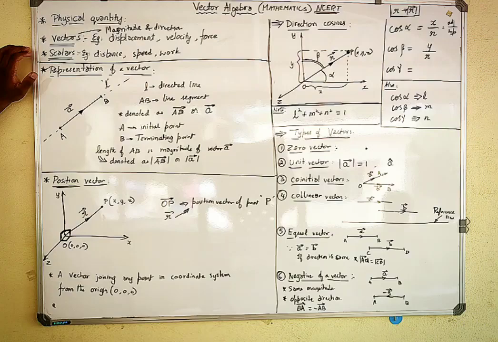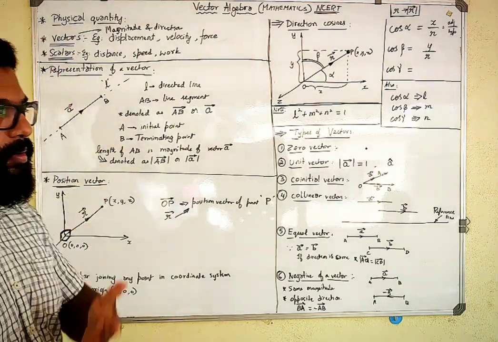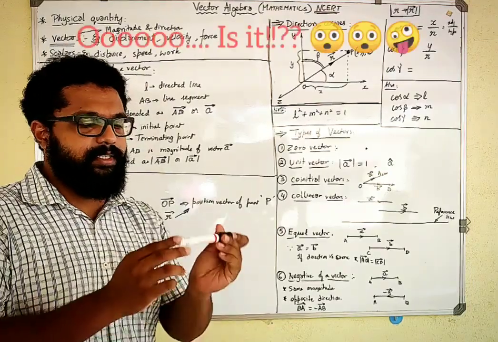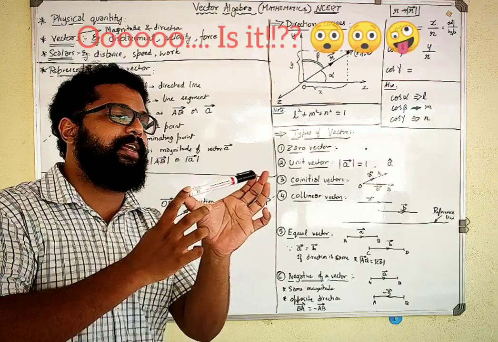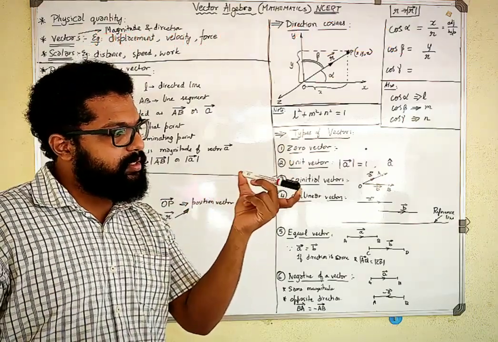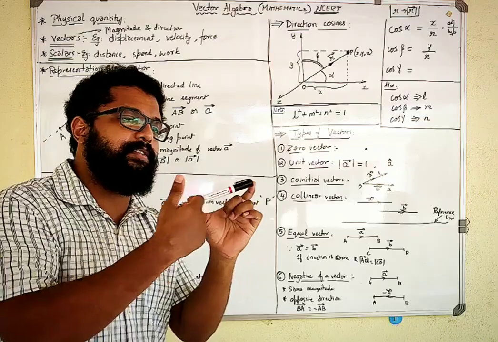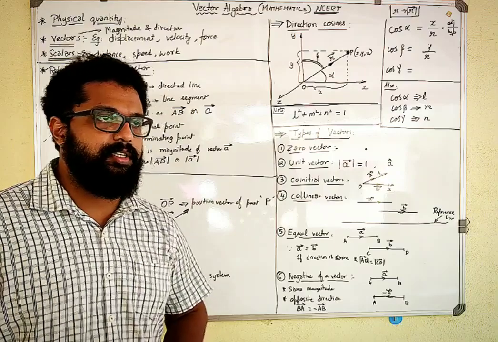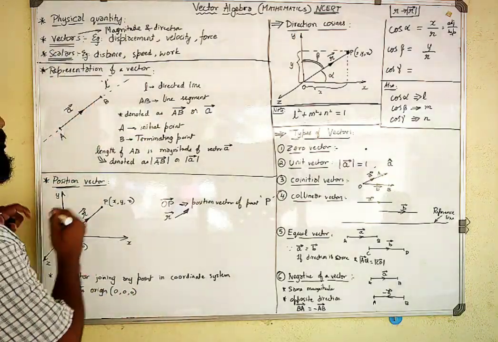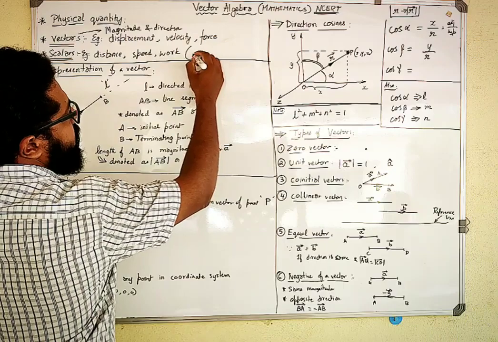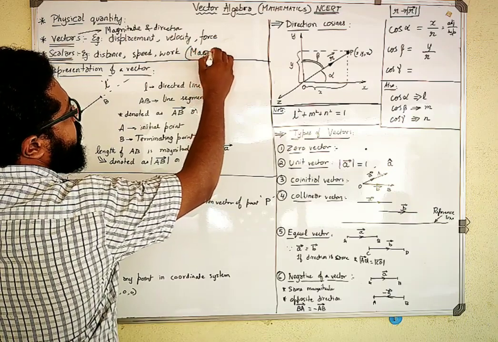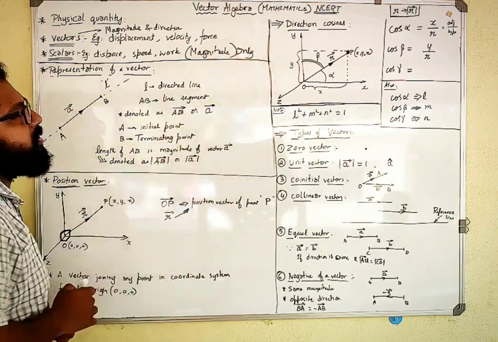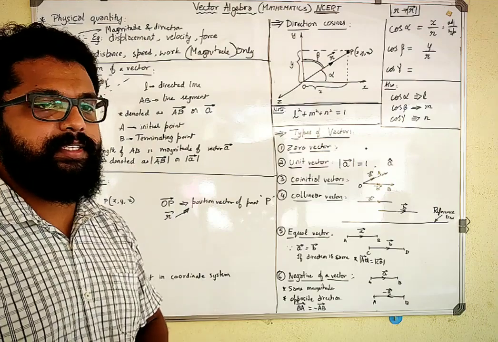Another thing, a scalar. A scalar is a physical quantity which only has a magnitude but no direction. For example, distance is measured, something like 11 centimeters of this pen. Only distance, no matter what direction you take, will remain the same, which means it is independent of direction. Such physical quantities, with only magnitude and no direction, are called scalar quantities.